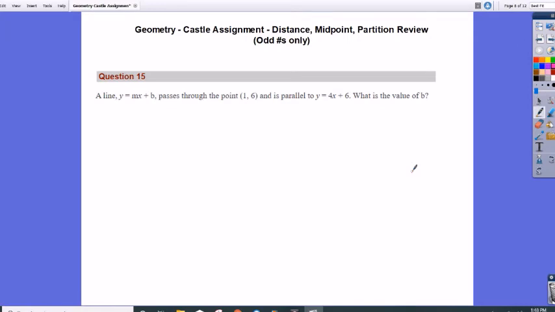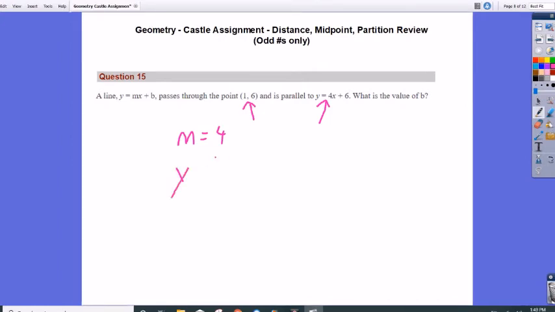So what we can do here, this is going to tell us the slope. The slope is 4. Now we're going to use the point slope form because we have a point, (1, 6), that we want to go through, and we have a slope. So we're going to do y minus the y value of the point we want to go through, so 6, the slope we want to use, and then x minus the x value of the point we want to go